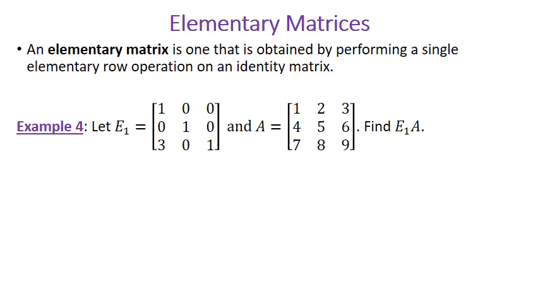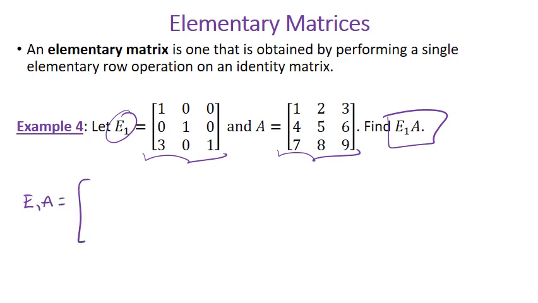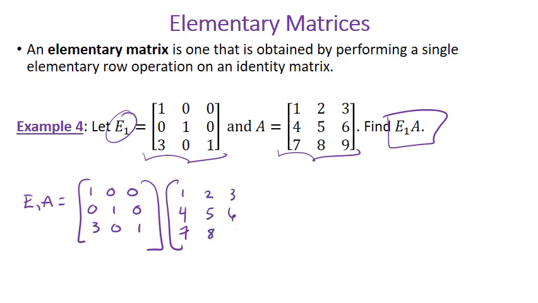Okay, so in this example, I have told you that E1 is represented by this matrix, and this is matrix A, and we want to find E1 times A. So E1 times A, this is E1, and this is A. Okay, well, when we solve this,